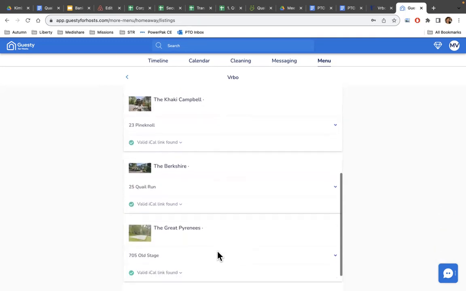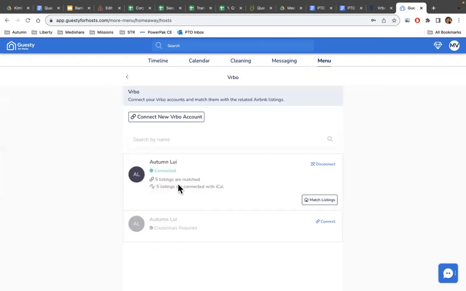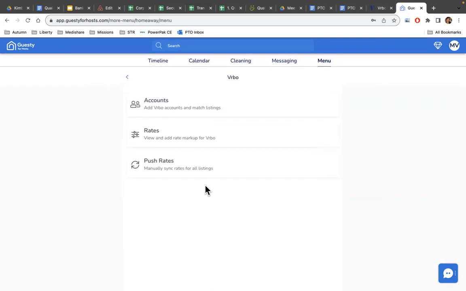So that's how you would add it to VRBO. Once it's added to VRBO, you'll see here it says 5 listings are matched, 5 listings are connected with iCal, and that's what you want. You want all of your listings connected with iCal and all of your listings matched. I don't think you need to connect Airbnb to iCal because it works directly with Airbnb, but for VRBO, you do need to connect it